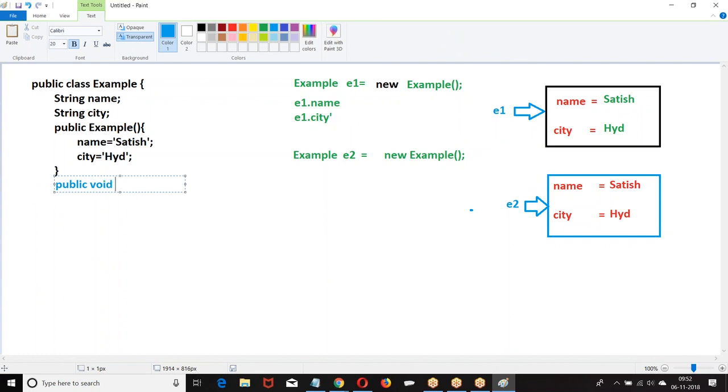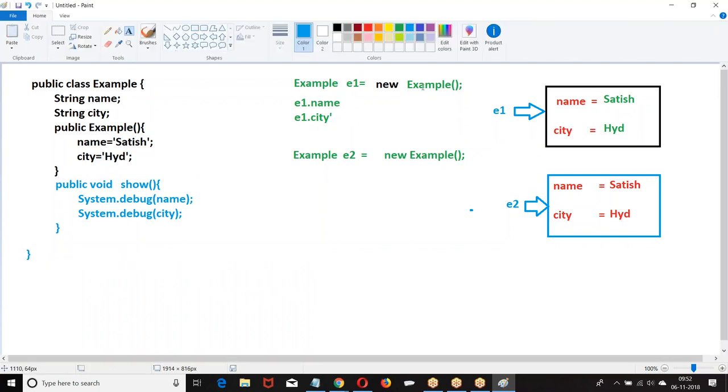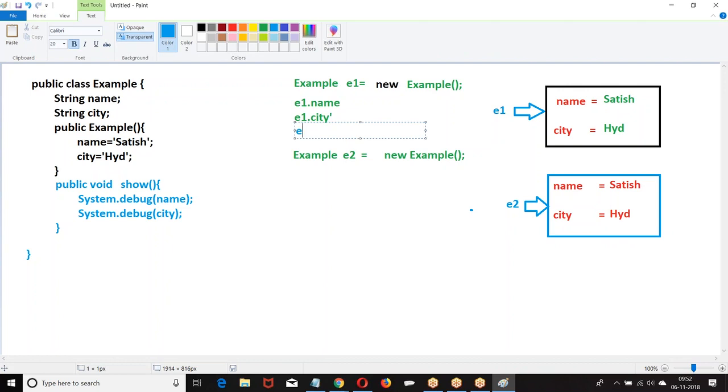Public void, this is a method. When you are creating an object, by default the constructor should be called after new. If it is a method, I am calling E1 dot.